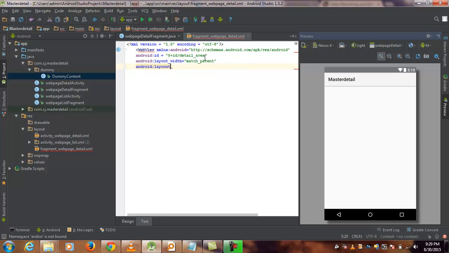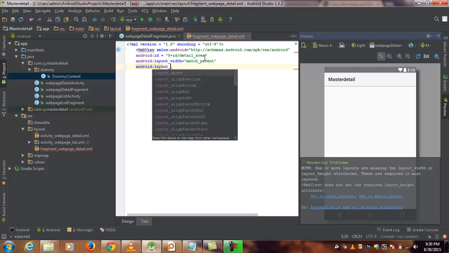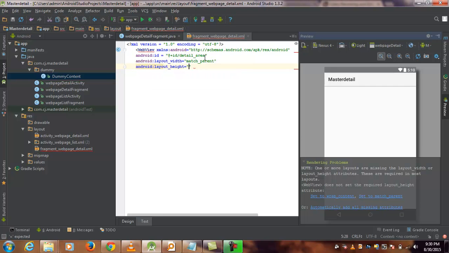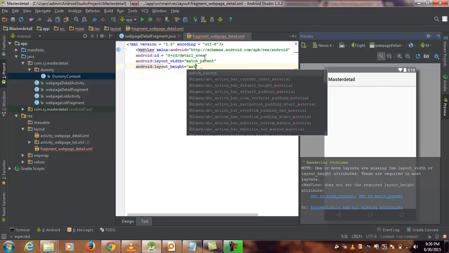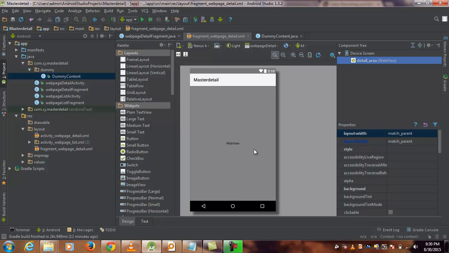Spelling mistake. Android layout _height. Spelling mistake. Height, I can match parent as well. Okay, and then I close that bracket. I save this, and if you come back to the design view, our web view is added